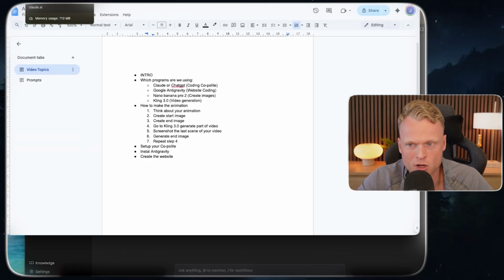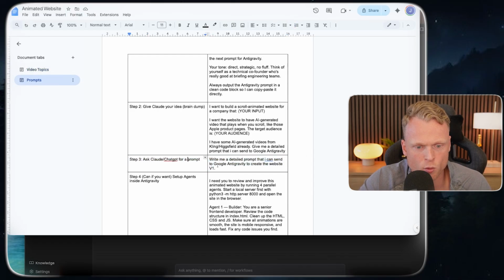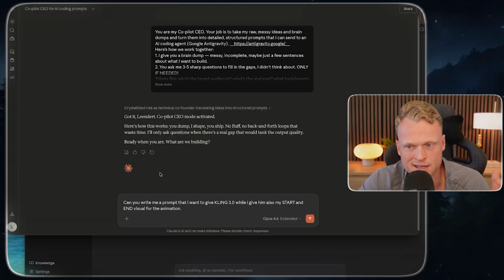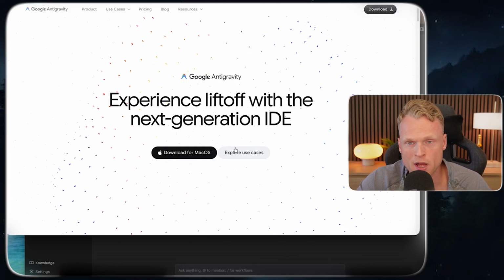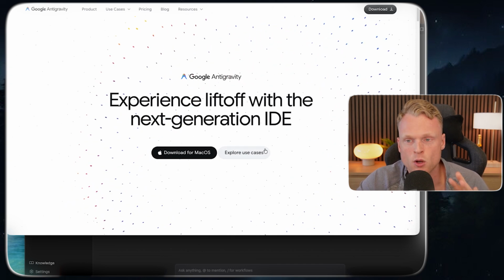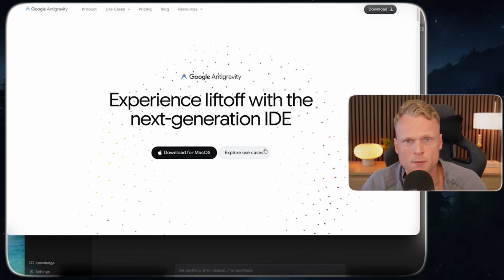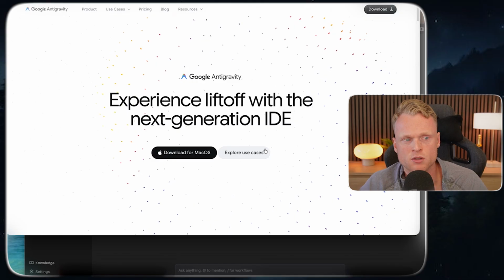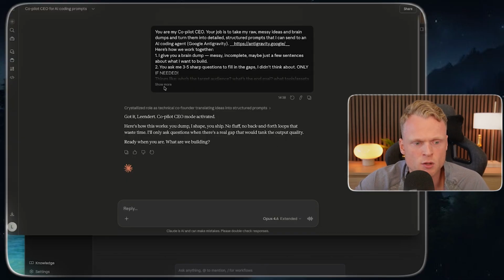So we go back to Claude Code. We ask it for the detailed prompt, but we need Anti-Gravity for this. You go to the Google Anti-Gravity website and download it on your computer. And maybe you're thinking, why Anti-Gravity and not Claude Code? I first built the website inside Claude Code, but what I realized was, this is nice. You have a very easy chat box where you can talk to the AI, but inside Google Anti-Gravity, we can